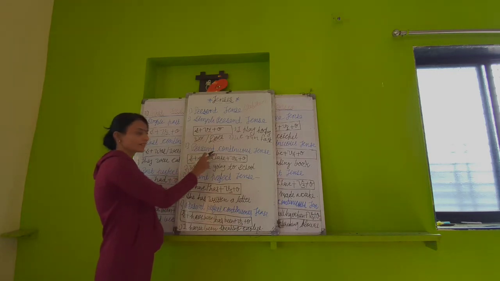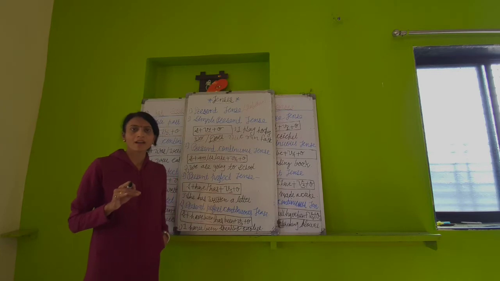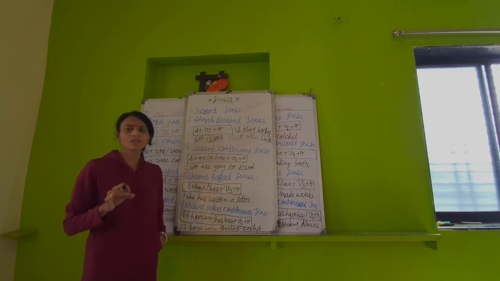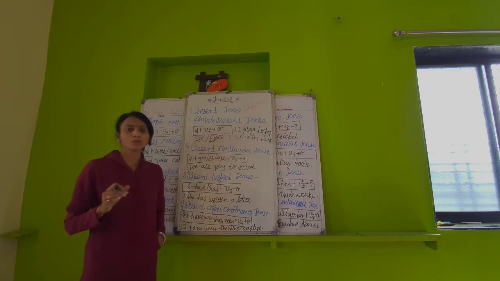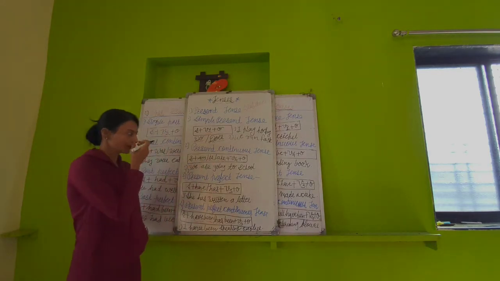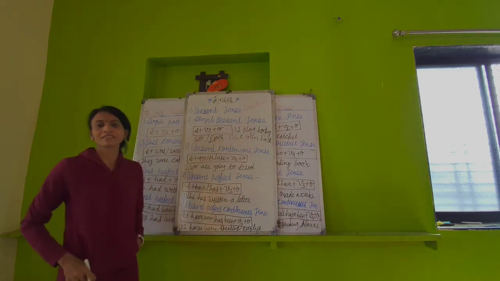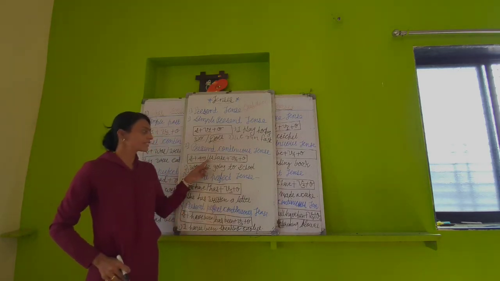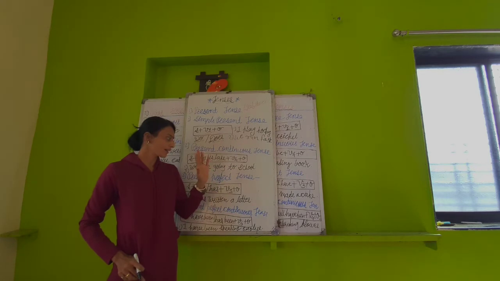Now am, is, are. You know that there are 24 helping verbs. In helping verbs they include some modal auxiliaries: am, is, are, was, were, shall, will, do, does, did, have, has, had, can, could, may, might, must, used to, need to, dare to, ought to, should and would. Here am, is, are means present continuous. When the subject is I, use am; when he, she, it, singular, use is; and for we, you, they, the plural form, use are.